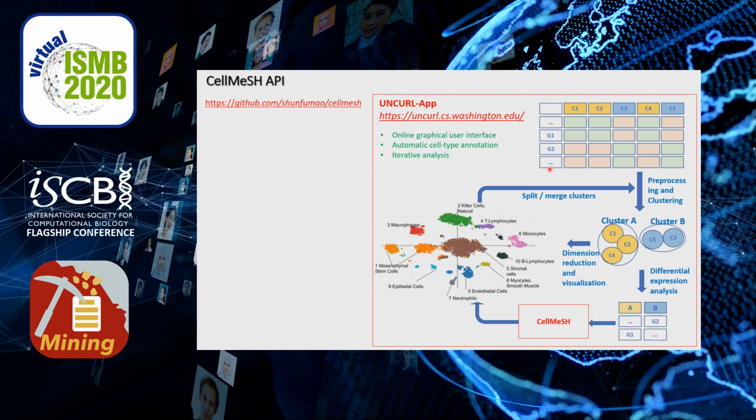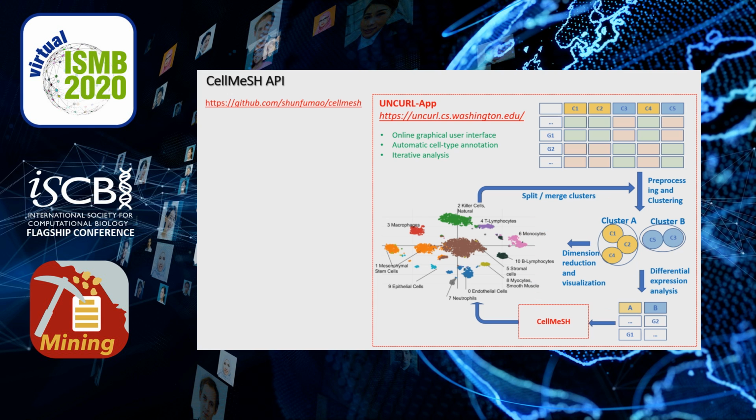For example, starting from a gene cell expression matrix, we can do pre-processing and clustering, and we can do dimension reduction to visualize the clustered cells, and we can do differential expression analysis, and we can use CellMeSH to take input of cluster differentially expressed genes and predict cell type for each cluster. The user can visualize the clustering and annotation results and split and merge the clusters and redo this whole analysis iteratively in order to refine the